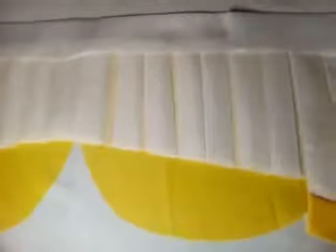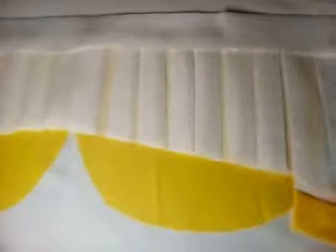And whatever measurement I got, I multiply that by 2. Say for instance you got 15 inches or 30 inches, you're going to multiply that by 2, which will give you 60 inches. Don't have to use all of that, depending on how deep your pleats are going to be, and the type of fabric that you'll be using. If the fabric is very heavy, you don't want to pleat that deep, so you don't want to multiply by 3. So I just pleat it, okay. Pleats are not that deep as you can see,